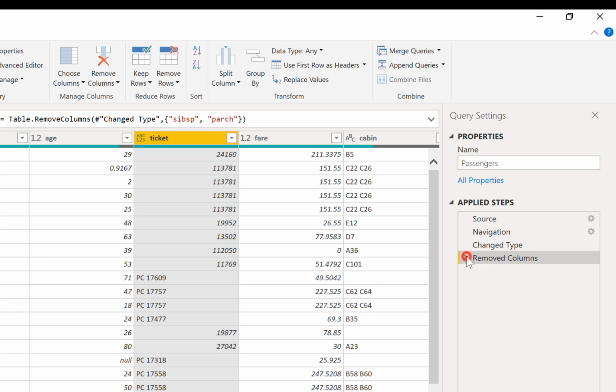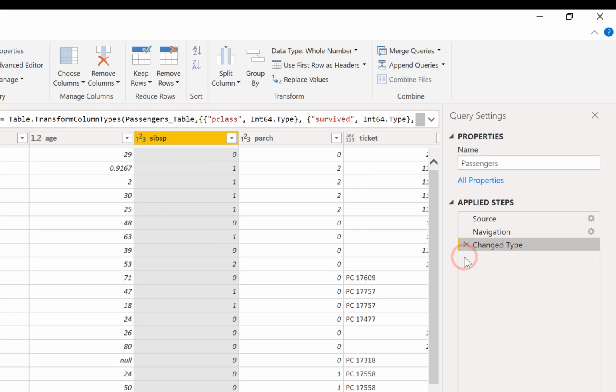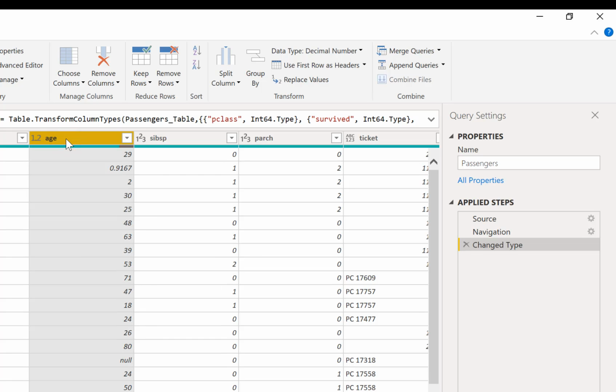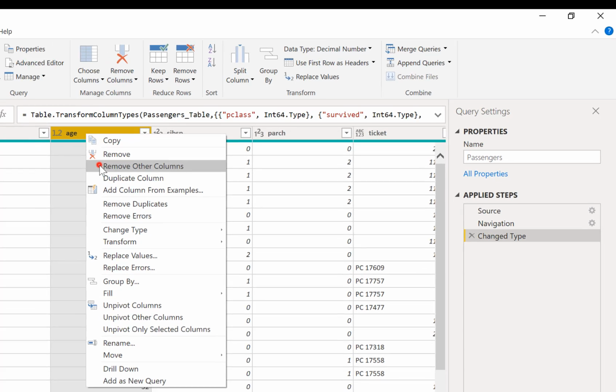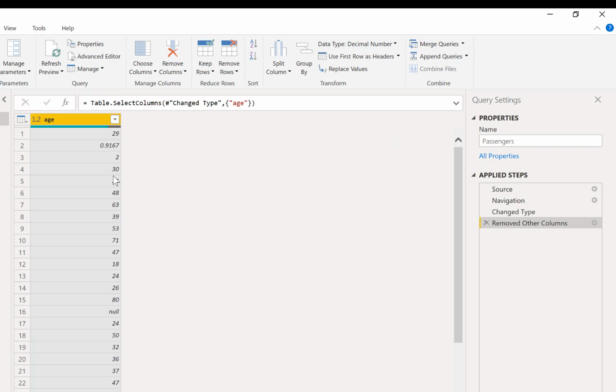So I'm going to remove the removed columns. Okay, so back to just this one again. And I'm going to pick a column I want to keep. So I've decided I want to keep age. Right click on that column and remove other columns. So click there. And quite dramatically, it does remove all the other columns. And there is my step, removed other columns. And look, it's got a cogwheel. So if I click the cogwheel,